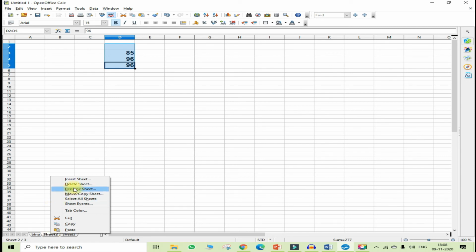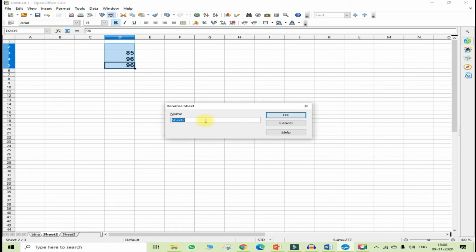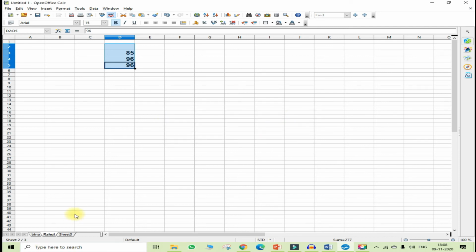If I right click, I'll get this rename sheet option. So when I get this rename sheet option, just give any other name over there. Let's say I have given the name Rahul. Click OK. Just see here, 2 sheets are created with the name Beena and Rahul. So this is how you can rename the sheets.